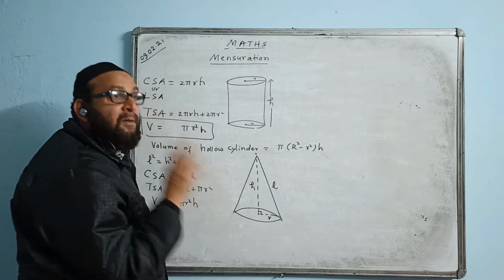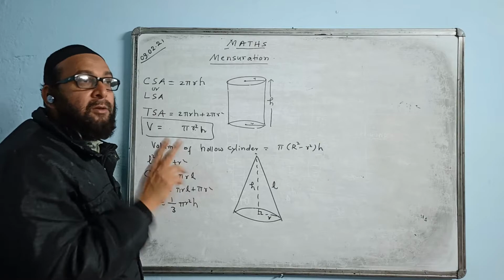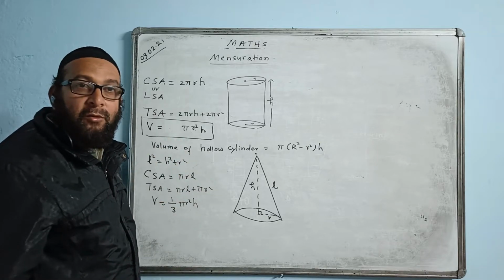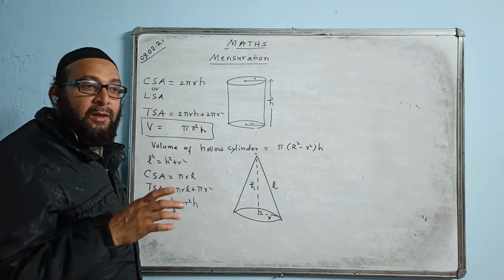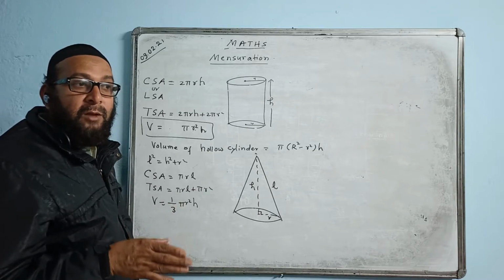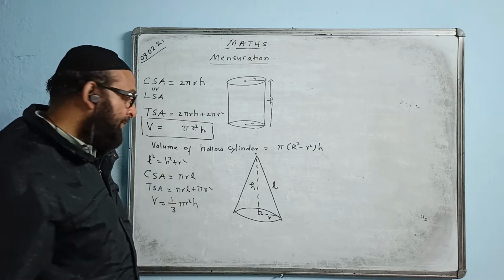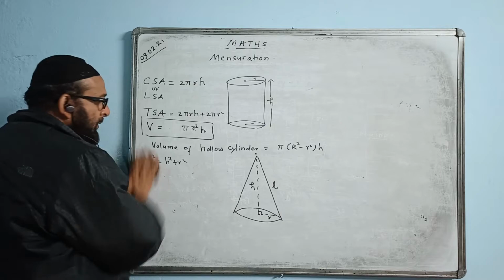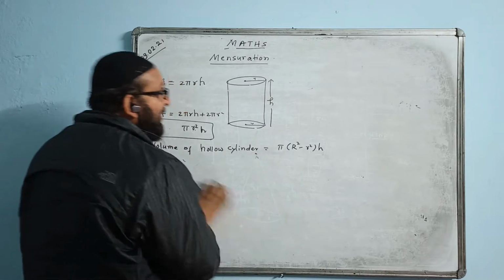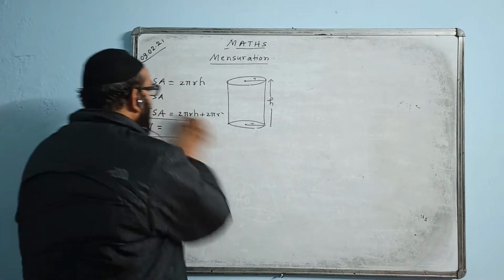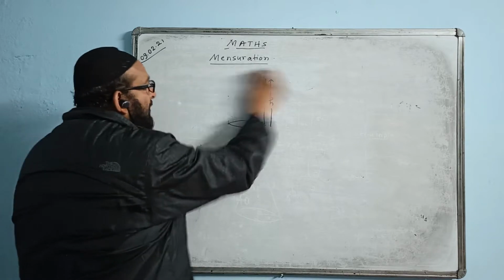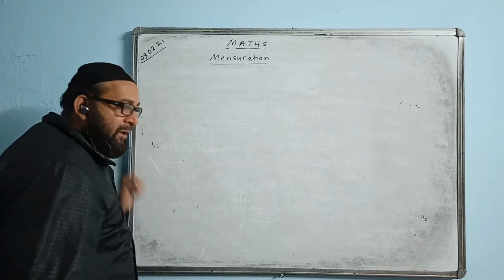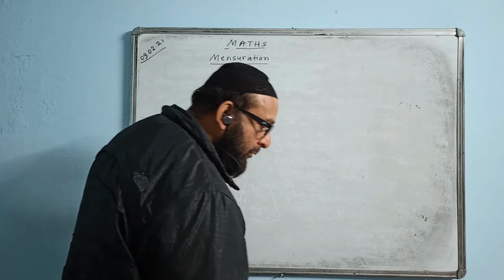We will make them equal, and we will apply the formula of volume of cylinder and volume of the cone, because water doesn't have any formula of volume, but liquid will have the volume equal to the volume of the container. If the container is cylindrical in shape, you have to take the volume of the cylinder. If the container is conical in shape, you have to take the volume of the cone.